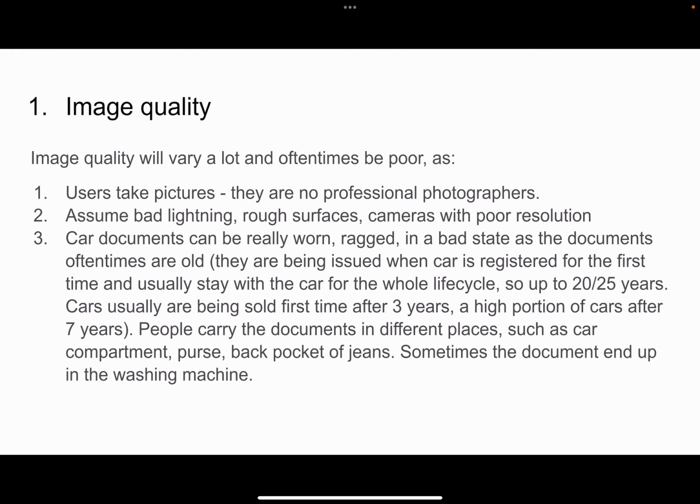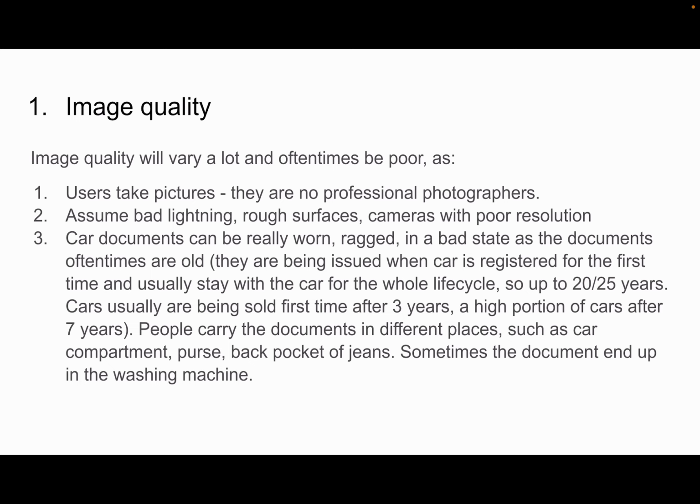The risks in production. I think the highest risk is the image quality. We need to train the data with poor quality because the users take the pictures. They are not professional photographers. We need to assume that we have bad lighting, rough surfaces where the car document is placed, cameras with poor resolution. The car documents can be really worn or wrecked, in a bad state,